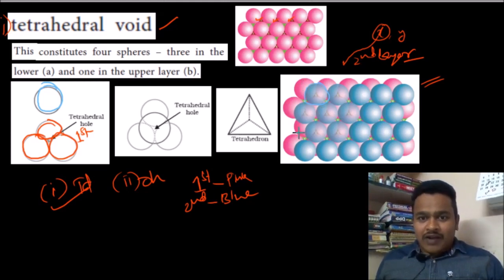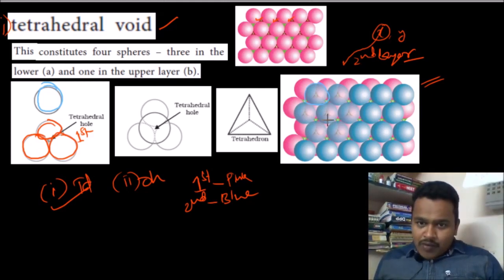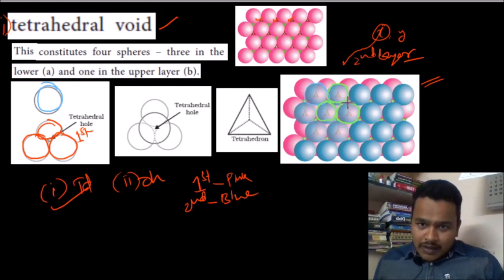And the other tetrahedral void, you see, what is the other tetrahedral void? That is also formed by three spheres above and one sphere below. See, I am going to represent it again. Three spheres above and one sphere below. Three spheres: 1, 2, 3. Three spheres above, and below I will show. What is this below? Below means this pink. Below these three, one pink is there.